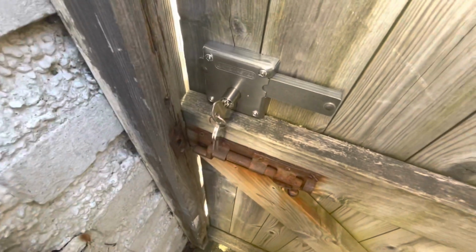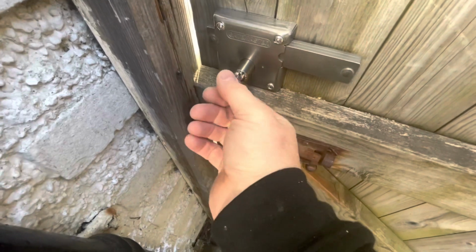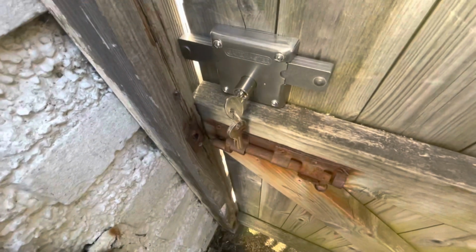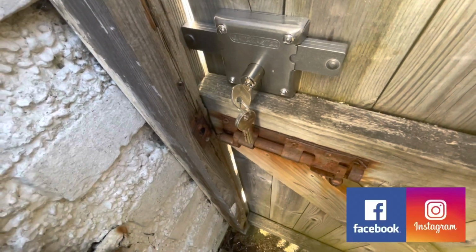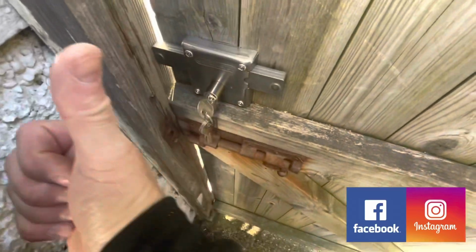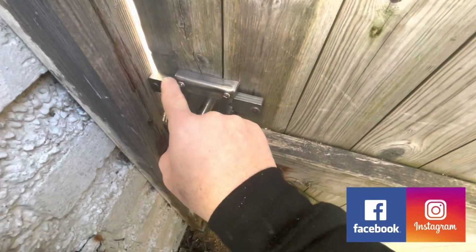So that's the Gatemaster fitted to the gate. So now I can throw the bolt, mark where the bolt's going into the frame, and get that chopped out. So you might notice that it's a bit further this way than the last one I've done. The last one I managed to fit almost flush with the edge, but